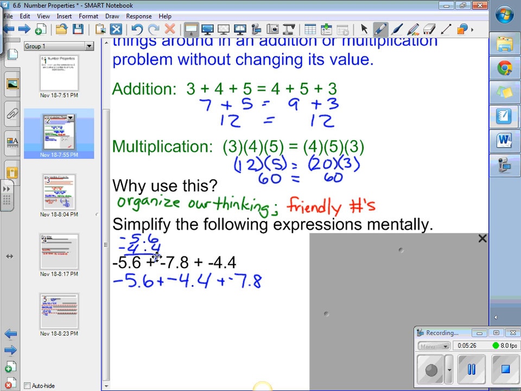I'm sorry, give me 1. And then together I get 10 out of this. Kind of crowded in there, but you get the idea. So I've got a -10